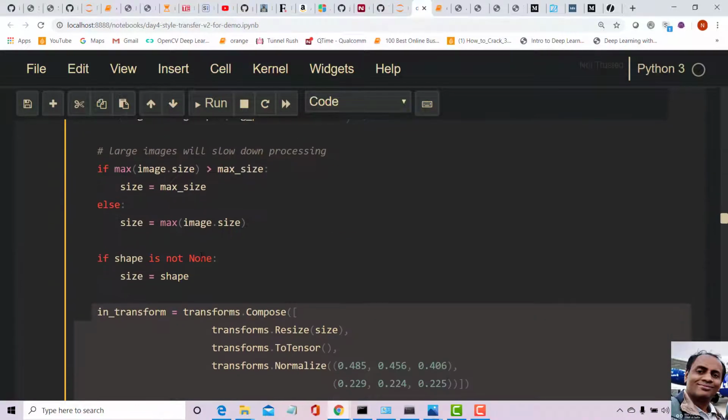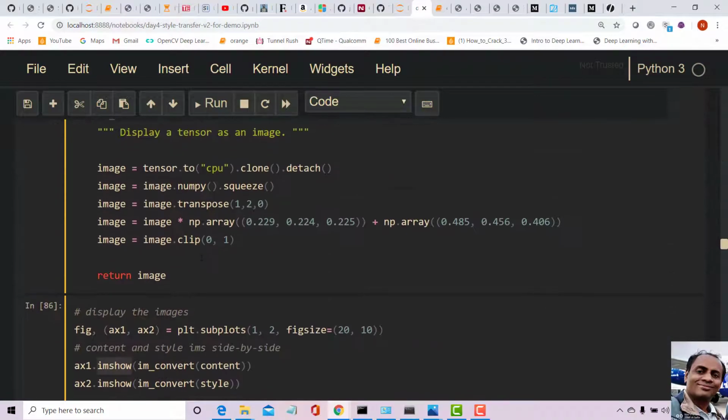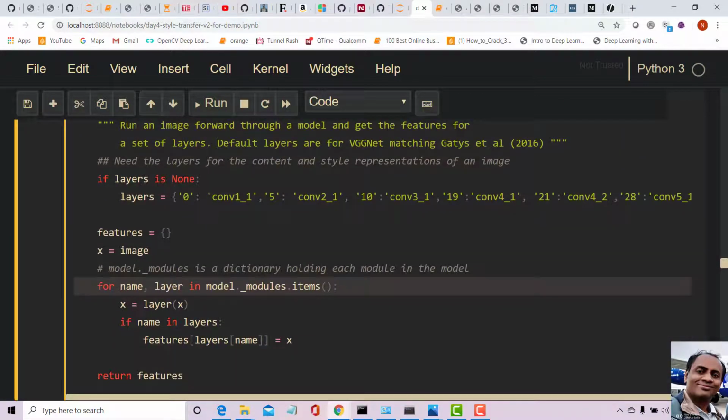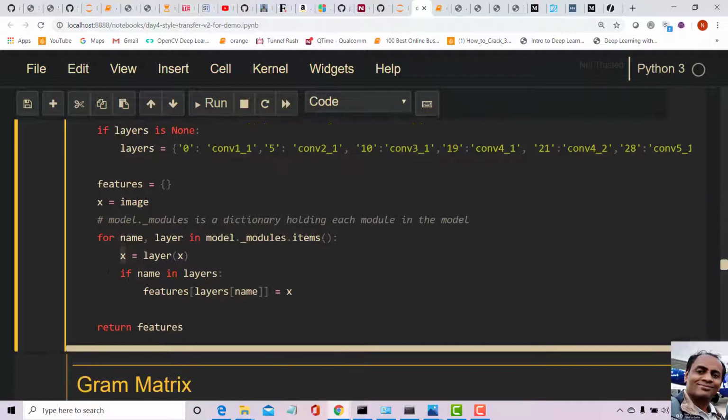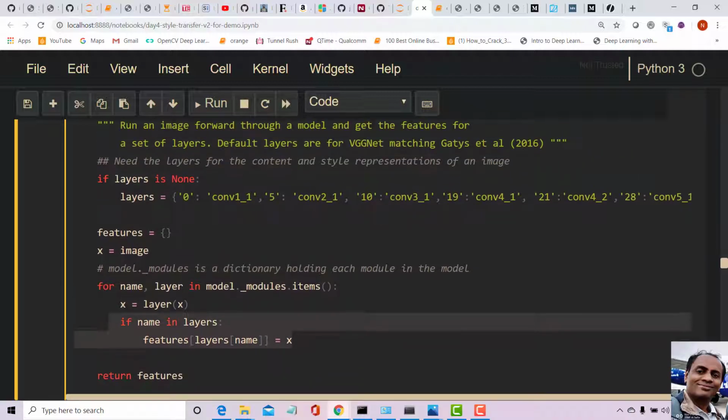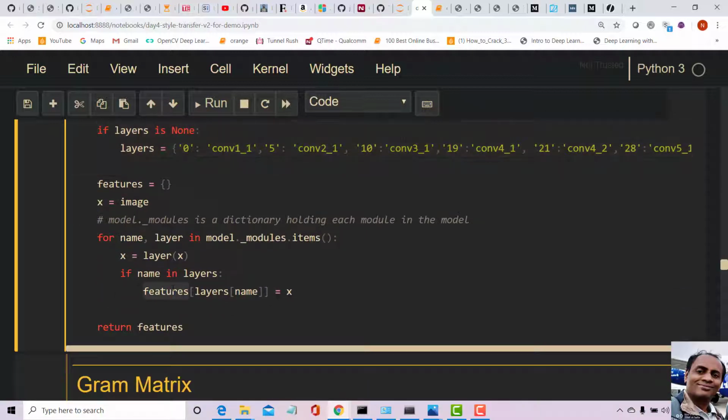Okay, layer functions themselves. So I get here the names of the layers and the layer functions. As an image passes through the network, I need to pass it through the layers, right? Layer and X, and the output is assigned: X equals layer X. So it keeps doing this continuously as it passes through the model. And every time we hit these particular layers, I want to copy the outputs of that to features. This is what I want to extract, and features is again a dict.